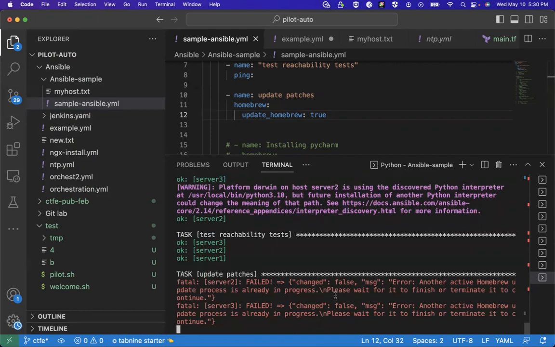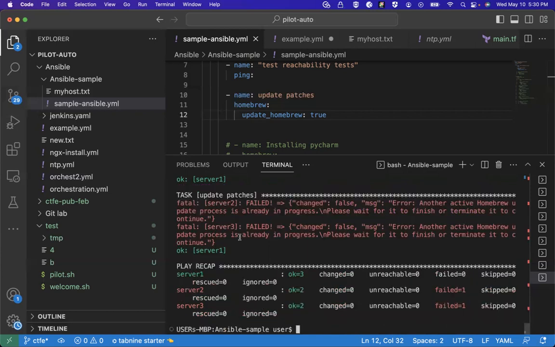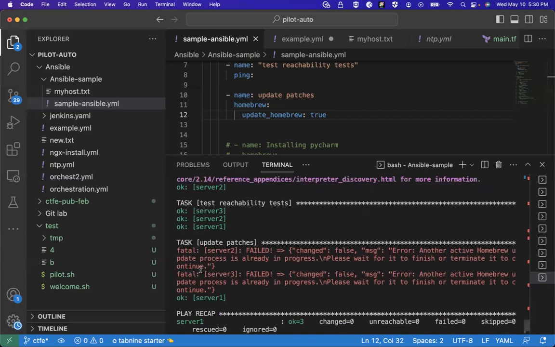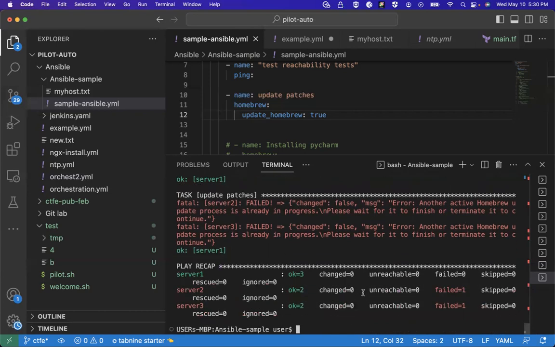Changed false, message: update is already in progress, wait for it to finish, to terminate. So this one's successful. Understand?